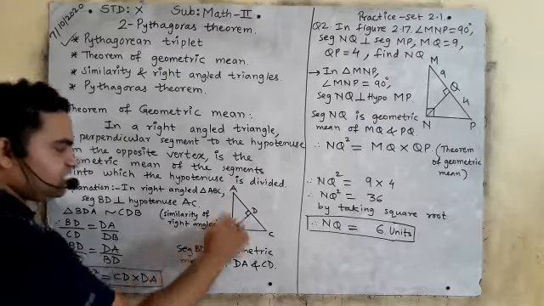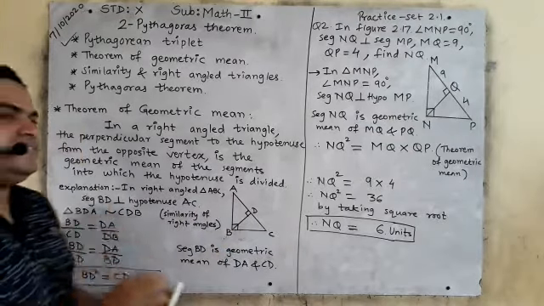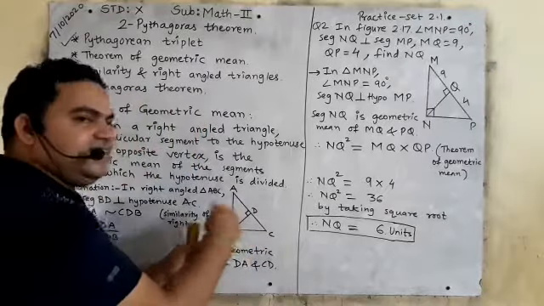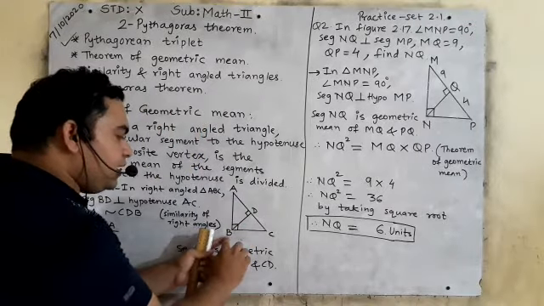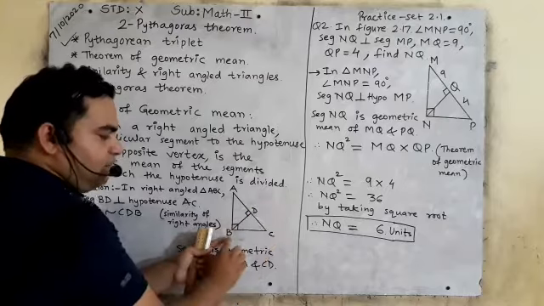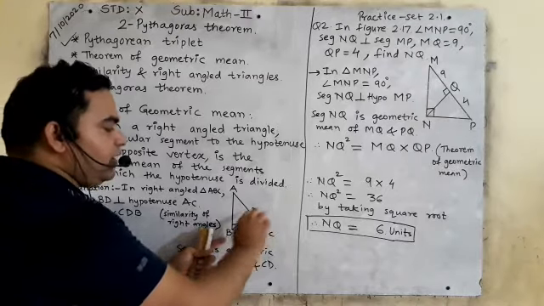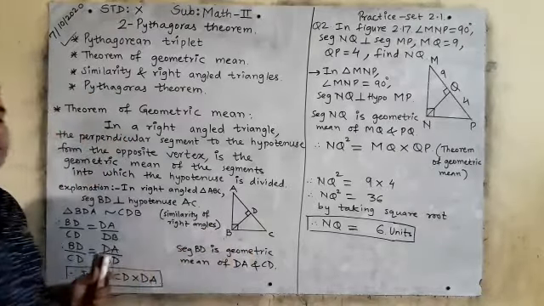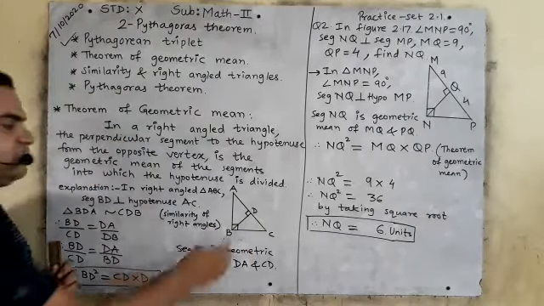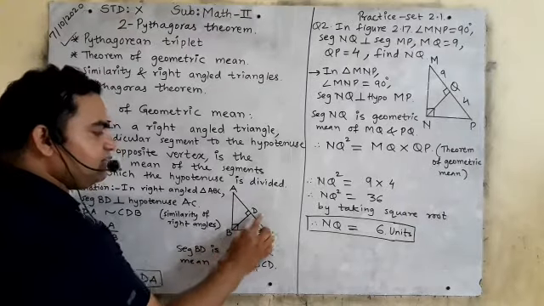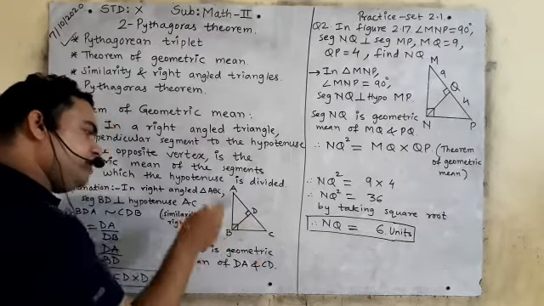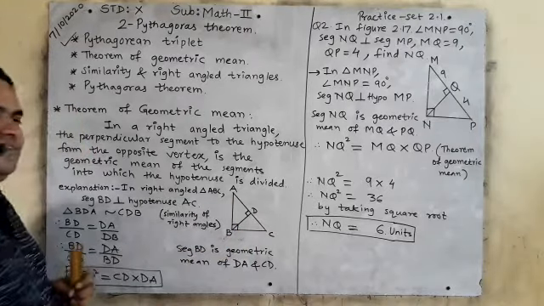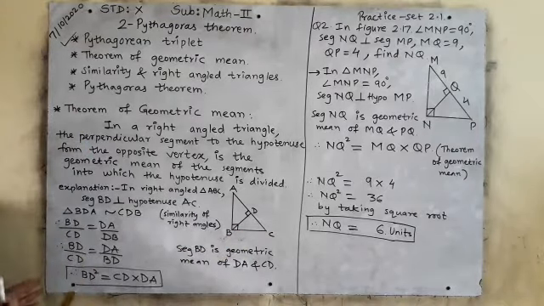Yes. So whenever you see this figure in the question paper or in the textbook, that a right angle triangle is given and one perpendicular is drawn from the opposite vertex to the hypotenuse, then we have to see that this figure is of geometric mean. In this figure, BD is the perpendicular and segment BD is the geometric mean of AD and CD. Is it clear? Now see, I have written here in detail.